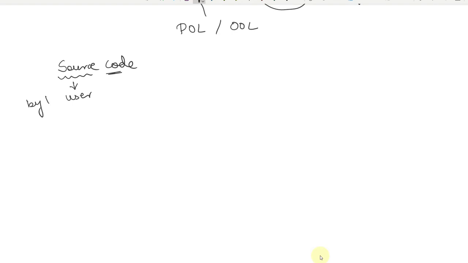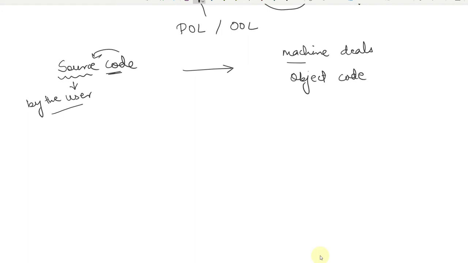And finally, when the machine is dealing with it, the machine deals with the code in the form of an object code.